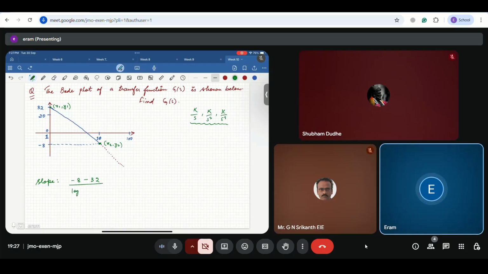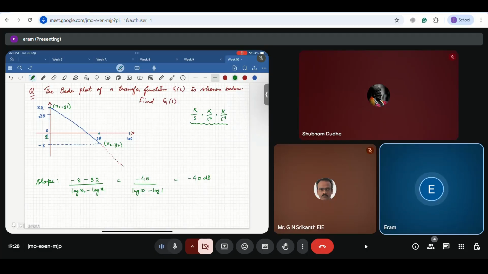And we have log of x2 minus log of x1, because here we have a logarithmic scale in the x-axis. So the numerator is minus 40, and the denominator is log 10 minus log 1, because at 1 it is given that we have magnitude 32 dB and at 10 we have magnitude of minus 8. So it is minus 40 dB,